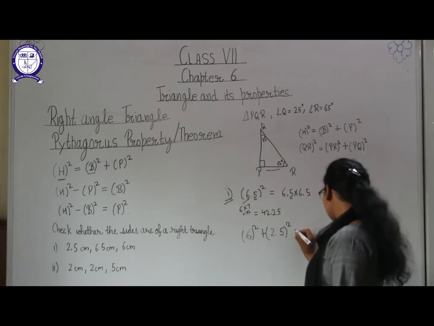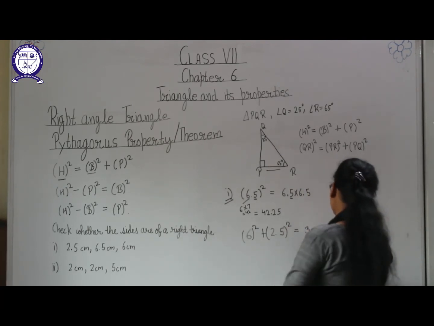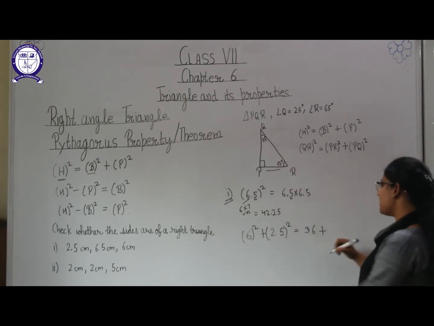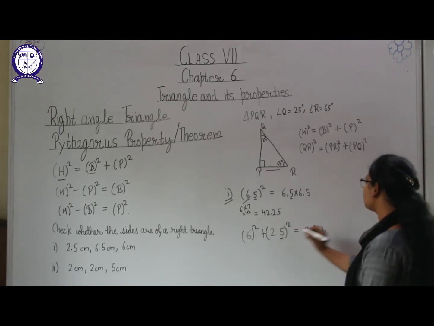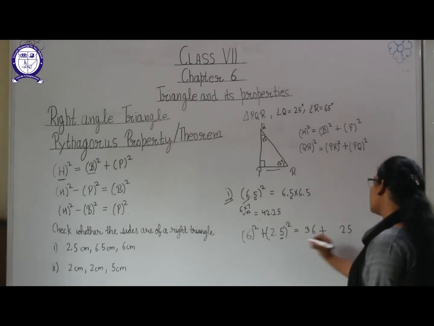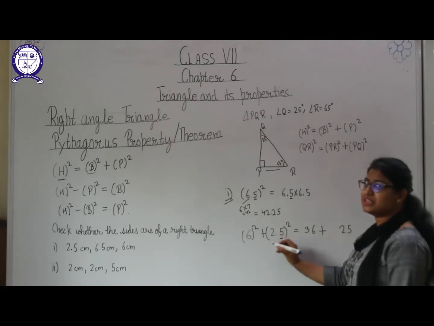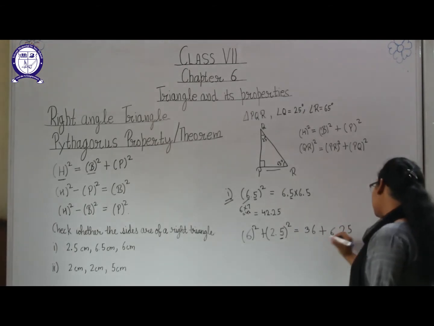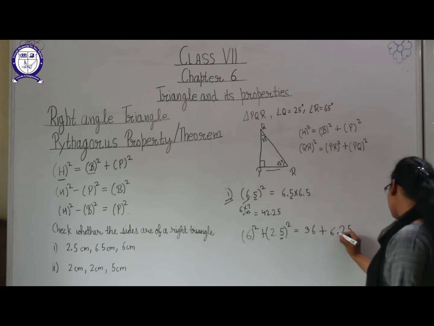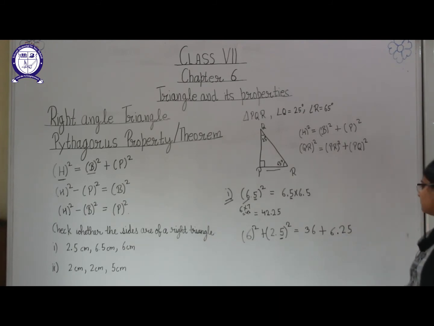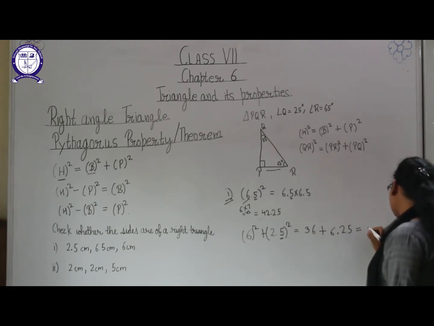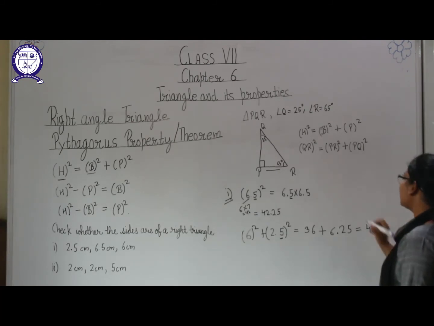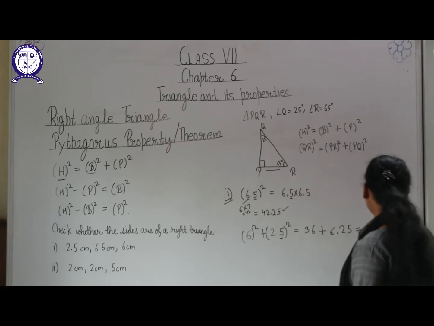Okay, so 6 6s are 36 here. What will be the square of 2.5? We will again use this method, as the unit place digit is 5, so 5 5s are 25, and here it is 2 and the next number is 3, so 2 3s are 6, and here the decimal will be before the 2 and 5. After adding them, what are we getting? We are getting 42.25, and also we are getting 42.25 here.